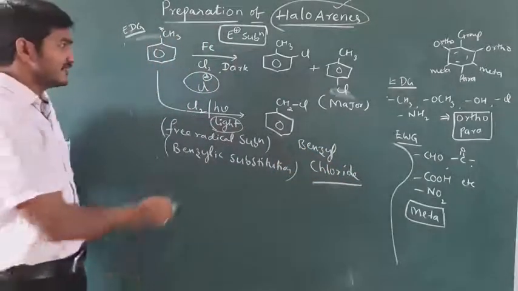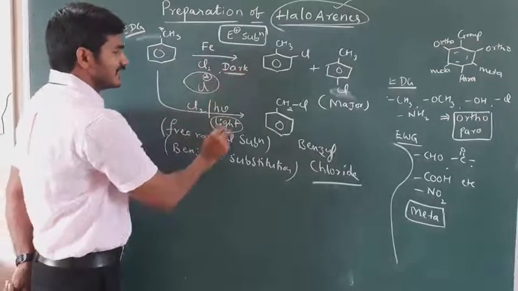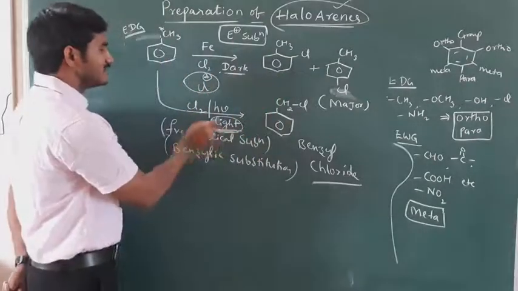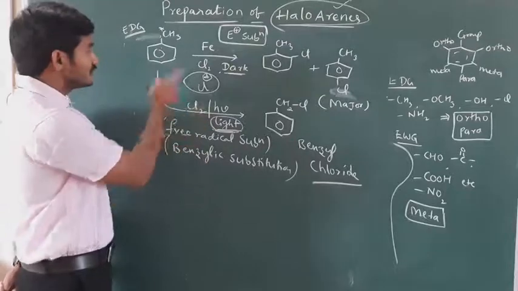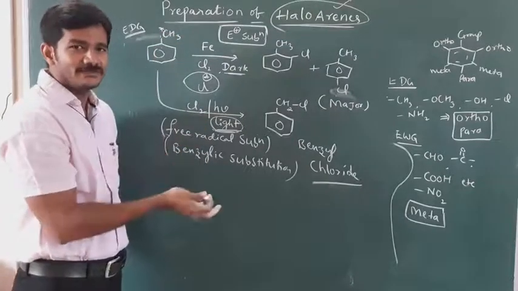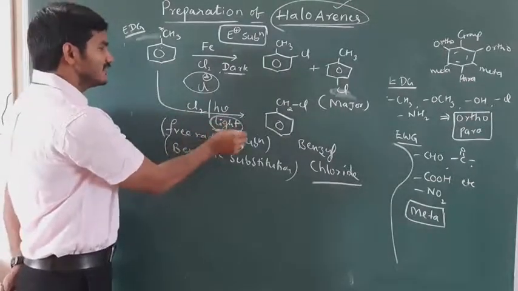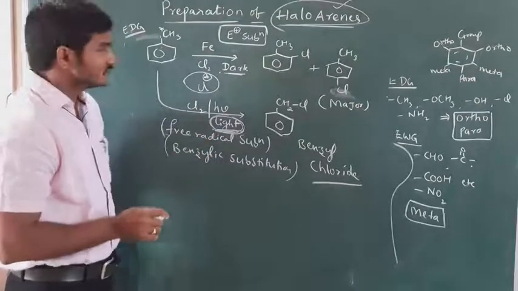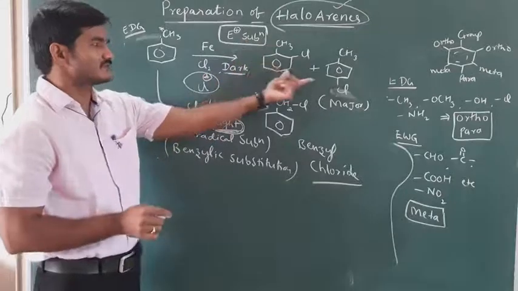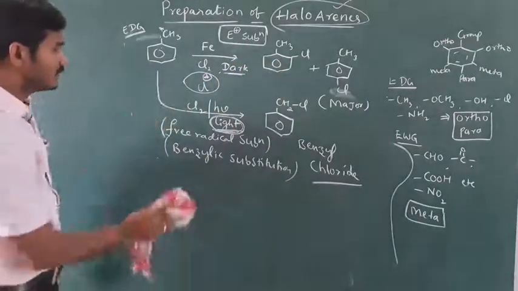Okay. So see the difference. Chlorine is the same in both reactions, but one is in dark condition and this one is in light. Dark condition favors electrophilic substitution, and light favors free radical substitution. Which position can it substitute? The benzylic position. If it contains an allylic position also, it can substitute at the allylic position. So based on the condition, the product will be different. We should not use light conditions to form electrophilic substitution products like ortho and para products. So this is one method to prepare haloarenes.